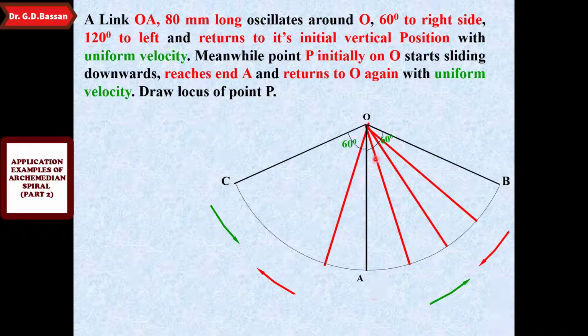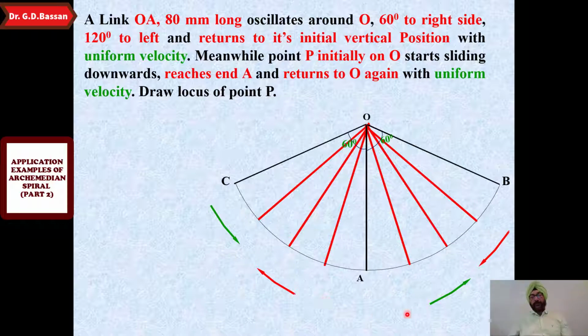Similarly, now we divide the arc between OA and OC also into the same equal number of 4 divisions. Now give the numbering. As it moves from OA, that is the initial position, towards OB, give the numbering A1 to A4 to the OB. Now after it moves from OB, it goes back to the left hand side, so give the numbering also in the same direction, that is A5 to A8.